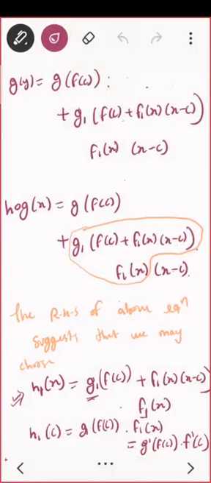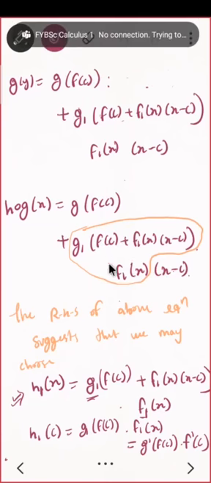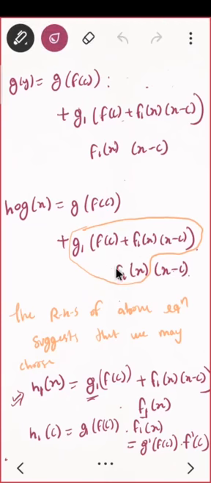Now you remember what I wanted? I wanted g of f of c plus something into x minus c. So from this I can guess that this should be my h1. If I choose this as h1, then let us see whether this is continuous first of all. So what is h1 of c? That is g1 of f of c and f1 of x. Both are continuous functions. g1 is continuous, f1 is continuous. So their product is continuous. And g1 is the same as g dash of f of c, and f1 is the same as f dash of c. Hence proof done.